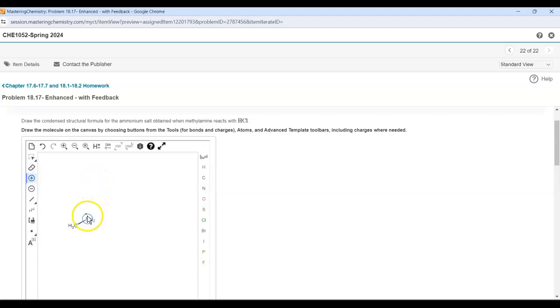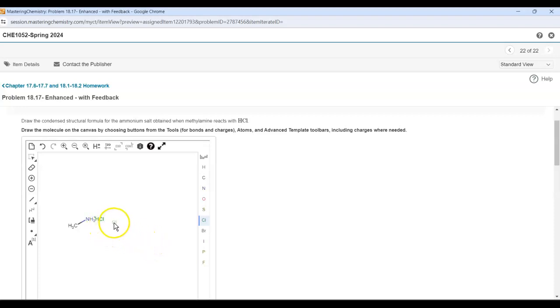And click that and bring it here. And when you see this blue color circle, just click. You see it became an ammonium ion. So this is methyl ammonium. The positive charge just made it an ammonium ion. Now we are not yet done. We still need to show the chloride ion. So take the chlorine atom from here and bring it closer to the ammonium salt, ammonium ion, and then click